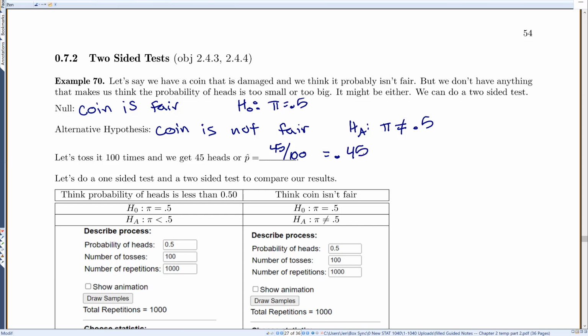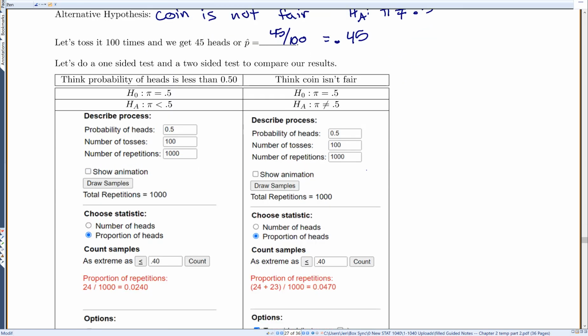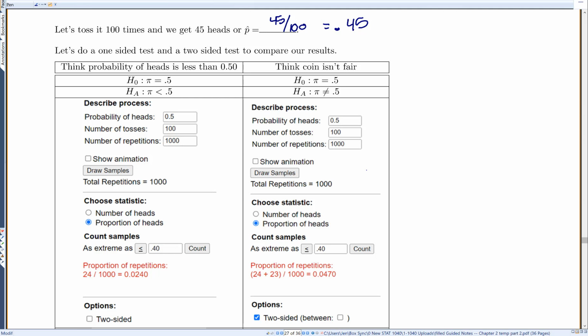So let's do a one-sided test and a two-sided test to compare our results. On the left side, I said, well, what if I think the probability of heads is less than 0.5? So my alternative is now pi is less than 0.5. When I put into the applet, I did 0.5 as my probability of heads, 100 tosses, I did 1,000 repetitions, and I counted what's the chance of getting,